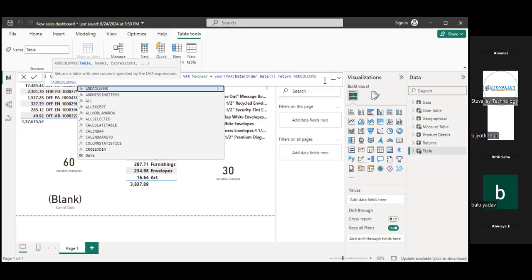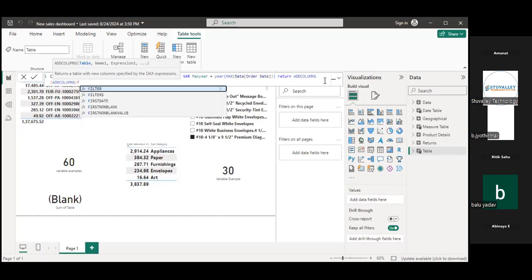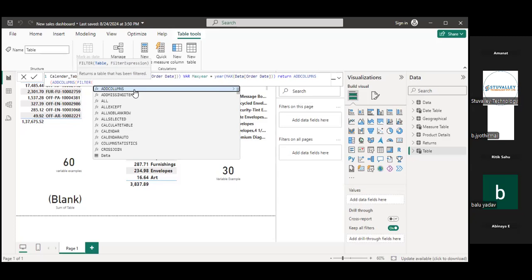So under add column, I want filter also because I want to apply filter. बिकॉज जो टेबल मुझे चाहिए उस टेबल के अंदर जो मेरा डाटा होना चाहिए वो ग्रेटर देन या इक्वल टू मिनिमम ऑर्डर डेट से और लेस देन या इक्वल टू मैक्सिमम ऑर्डर डेट से. दैट्स व्हाई आई विल यूज फिल्टर फंक्शन हियर.